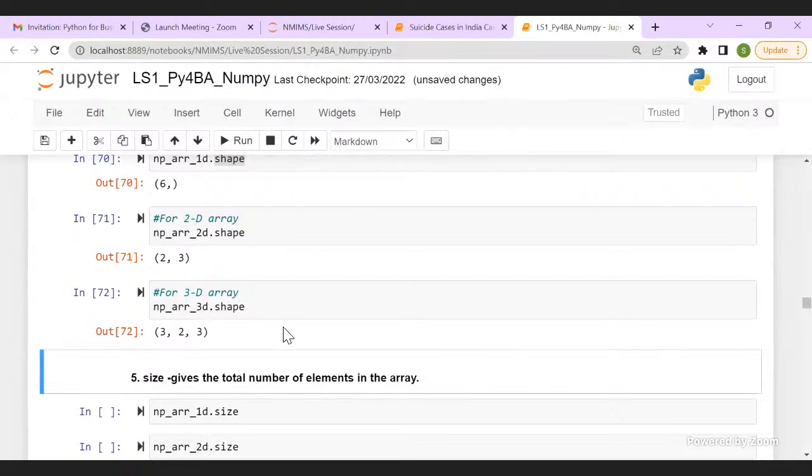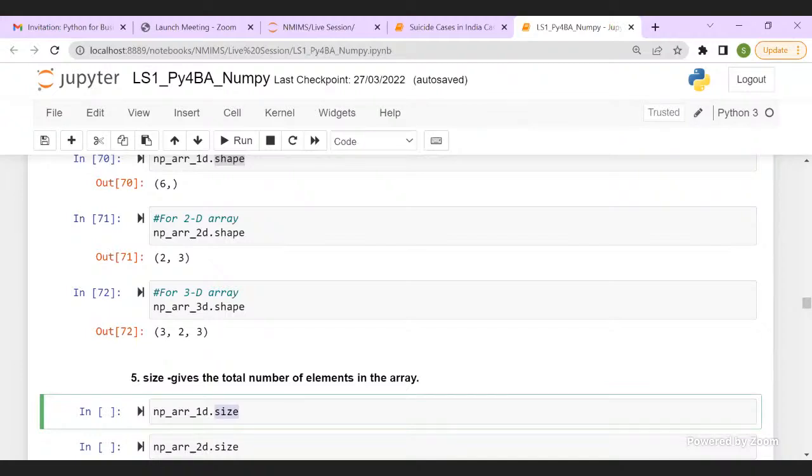Sometimes we use shape and size interchangeably, but in the case of NumPy, whenever you call the size attribute, it refers to the total number of elements in the array.